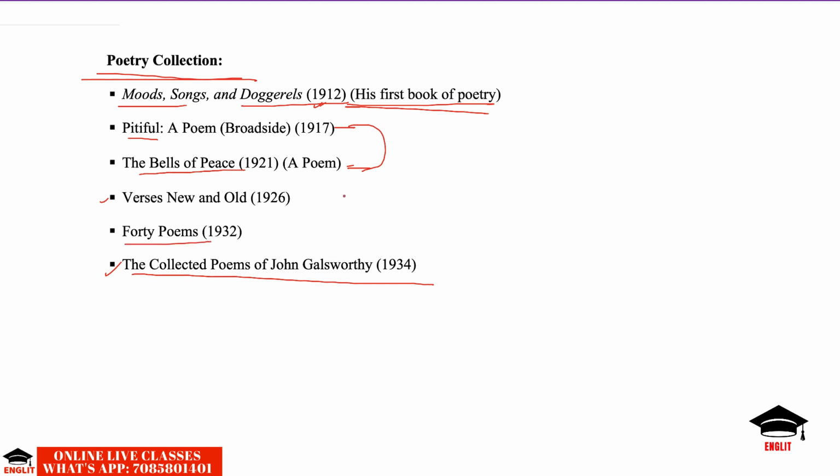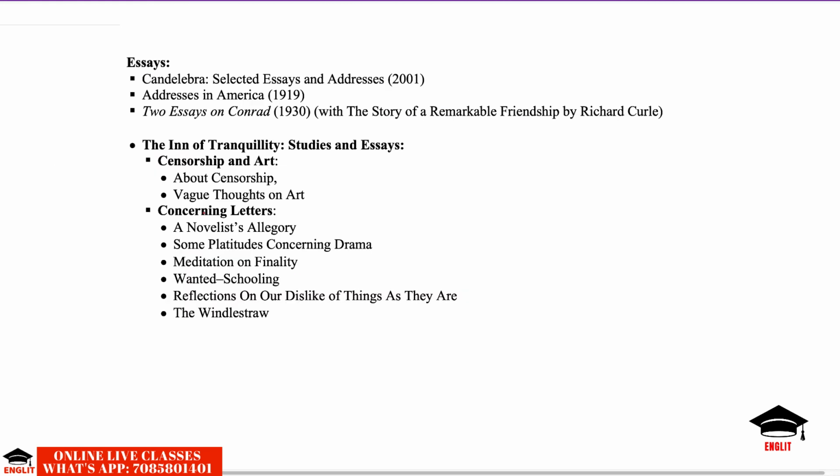These were poetry collections. John Galsworthy was not merely novelist and playwright. He was poet as well. As a poet हम बहुत कम ही जानते हैं उसके बारे में. Nevertheless, it was important. इस तरह के unknown या फिर unfamiliar या फिर less familiar facts questions में आ जाते हैं. As far as essays and non-fiction work is concerned, गॉल्सवर्दी ने बहुत सारा काम किया उसमें.